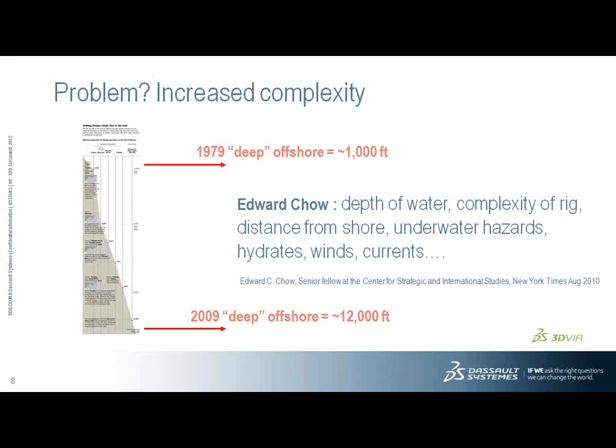The other thing that was in this article was the difference, we have these adjectives, so we're saying deep offshore. Well, in 1979, deep offshore is about 1,000 feet deep. And now we're looking at deep offshore that is over 10 times the depth of what we were in 1979. So that's, again, going to impact the quantity of data, the quantity of monitoring, the amount of hazard and risk that we're going into. And that's going to drive a lot of the decisions that we make going forward. And obviously, to get even more of these resources, we're probably going to have to go deeper and deeper offshore into more interesting spaces.